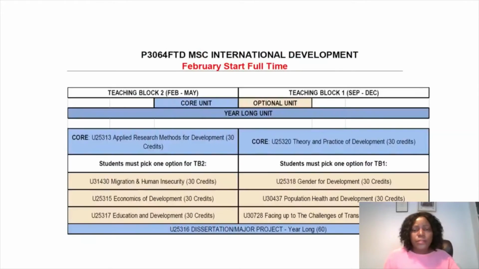For the February start, you just flip things around. So basically, you are now starting in teaching block number 2. So you start with the applied research methods for development. Okay, and you choose an optional module from the list of modules available in teaching block number 2. And then